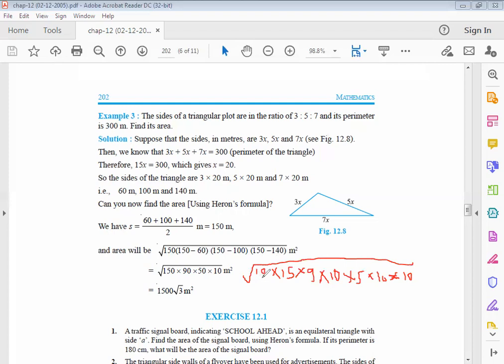Now students, make a pair. 10 here, 10 here, and 2 times pair here. So 10 into 10 comes out from the under root. Now look, 15 can be written as 5 into 3, right? So 5 can be paired again. And then 9 is also a perfect square number. So this way you can easily calculate the values of the under root. And the remaining 3 will be in the form of under root. And we get 1500 meter square. I hope you understand. Right? Okay. Thank you.